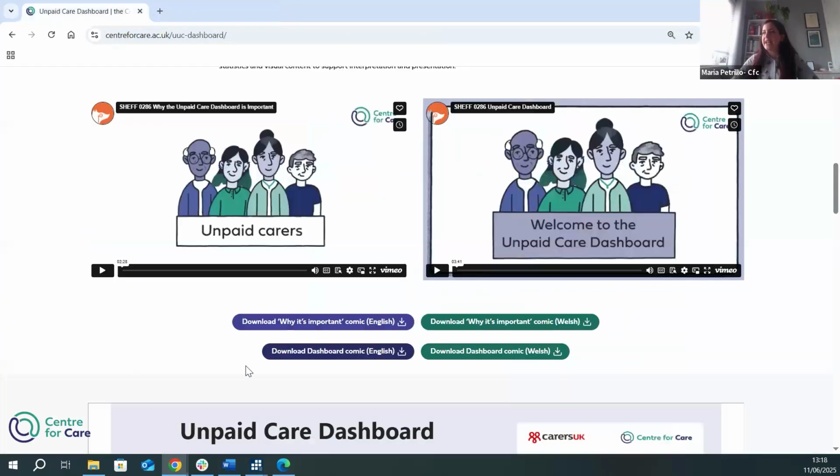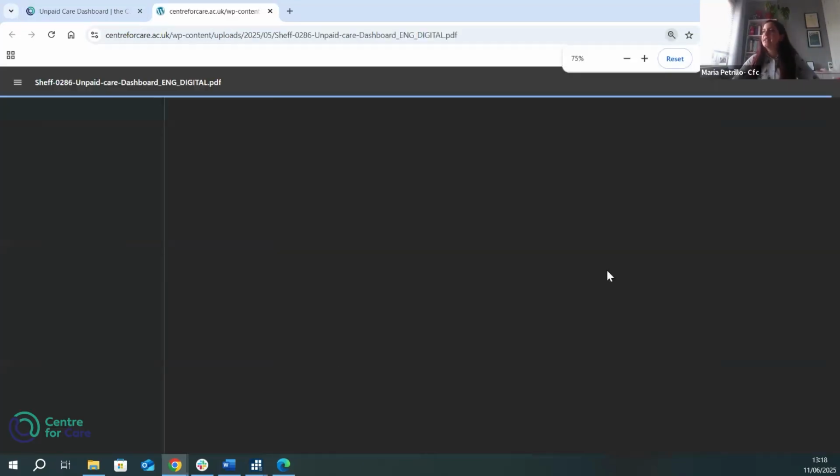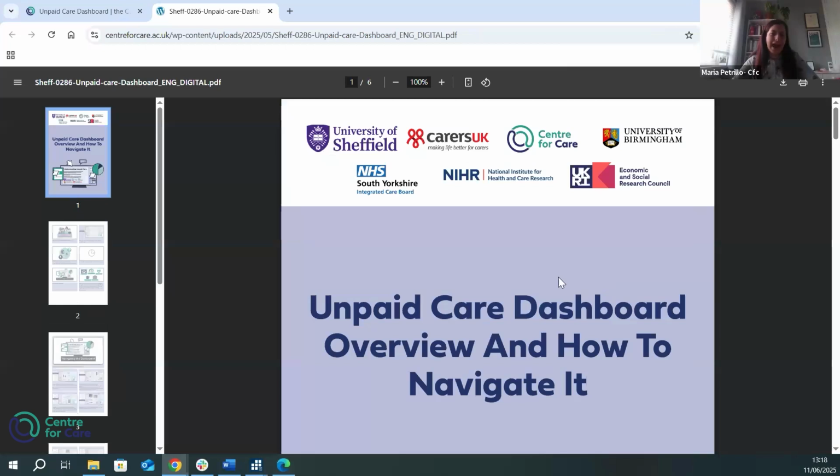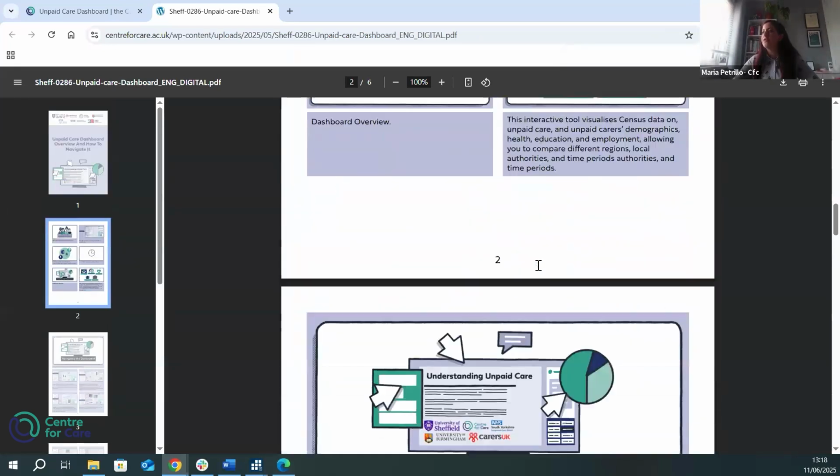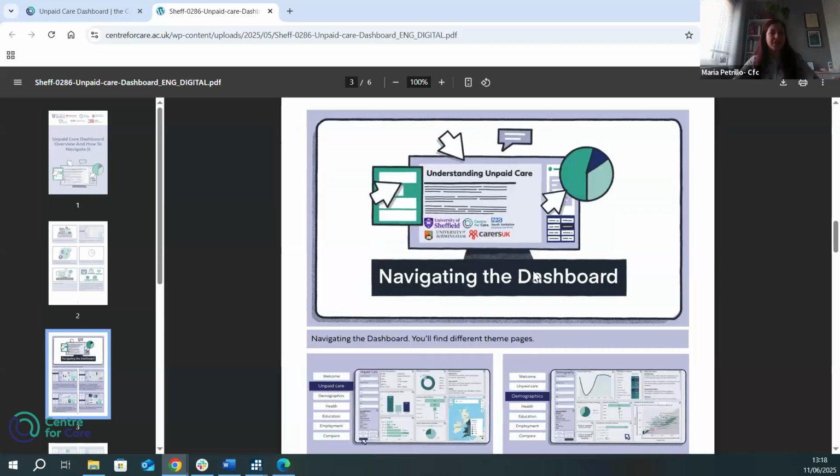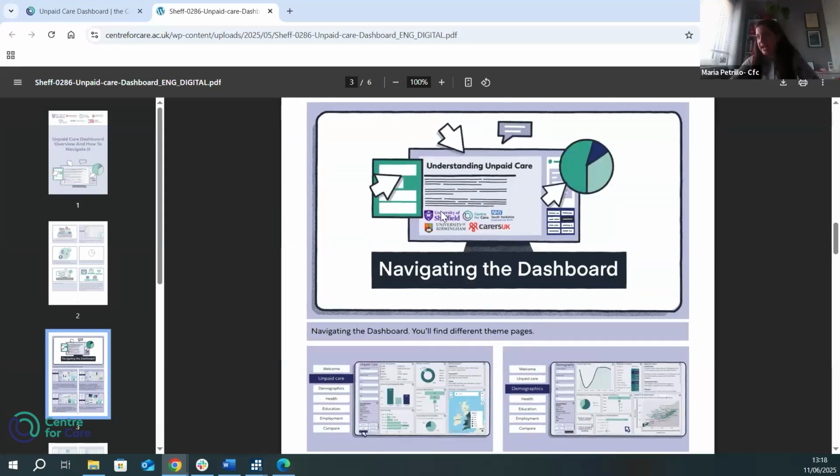The other comic provided is this one here, and this is really a tutorial on how to use the dashboard. If you scroll down, you're going to see a little bit of information about the dashboard, to then jump into how we use it.